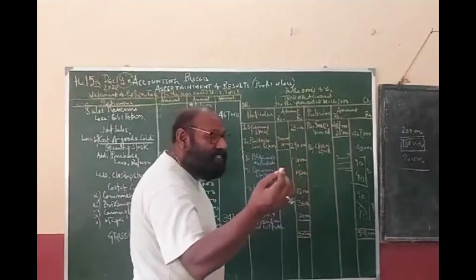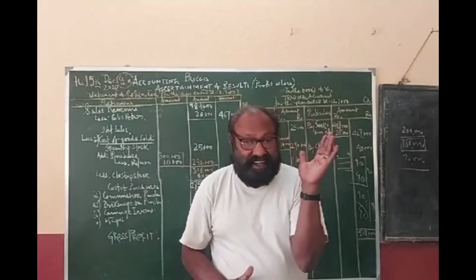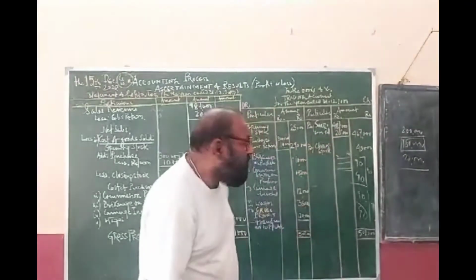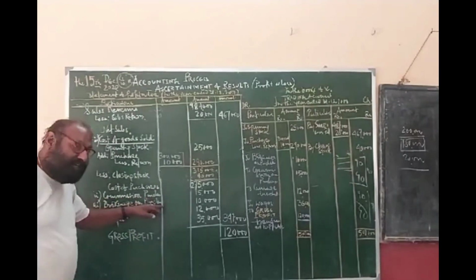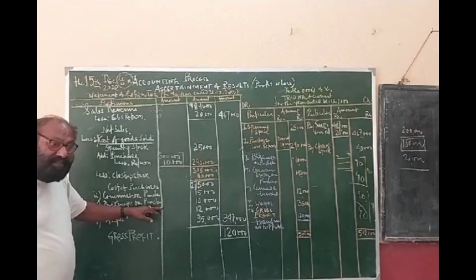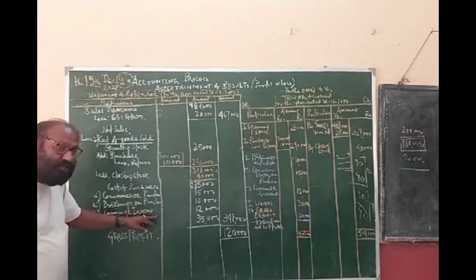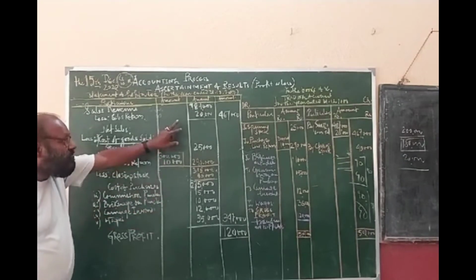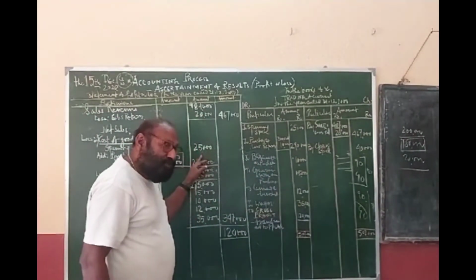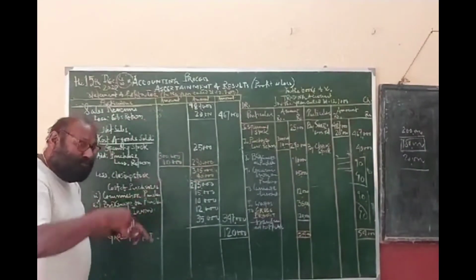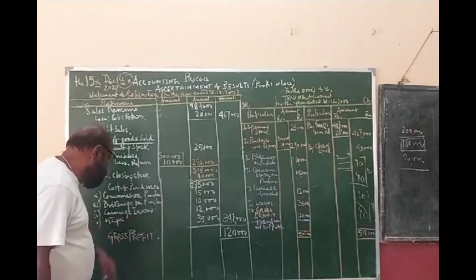Now, in case of a business house, what is happening? From net sales you deduct all purchase related cost. Purchase related cost first means which one? The cost of goods. Number 2, the brokerage. Yesterday I told you the brokerage paid for purchase is a purchase related expense. The commission paid on purchase is a purchase related expense. Carriage inward is also a purchase related expense. So from net sales, what should we deduct? We should deduct cost of purchase of the goods sold, and commission paid, brokerage paid, carriage inward,